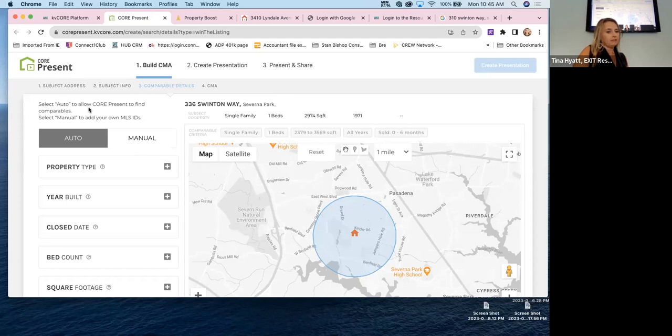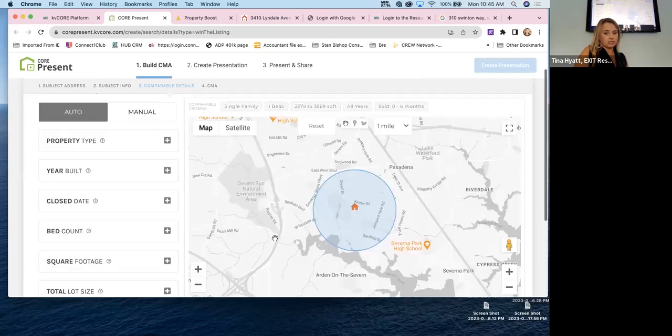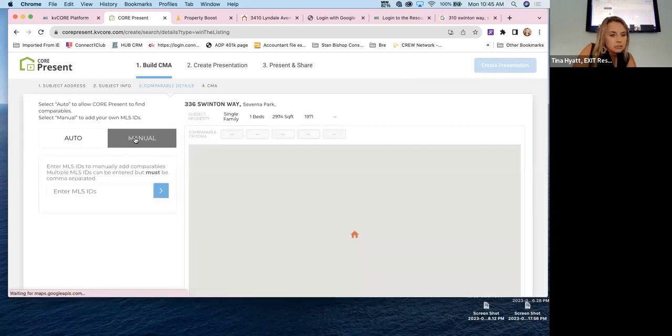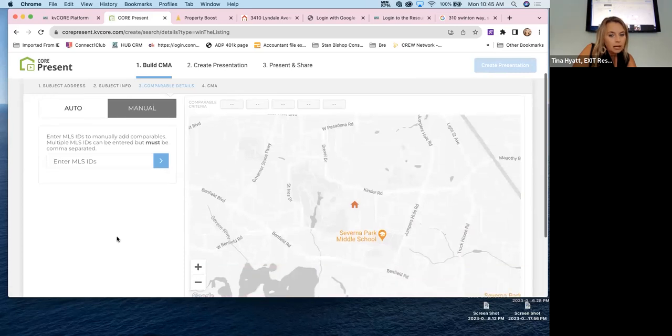it should already have in here for me my subject. So notice it's right in here. It's already got my subject property because I had her address in there. So it's got my subject property in here, but over here,